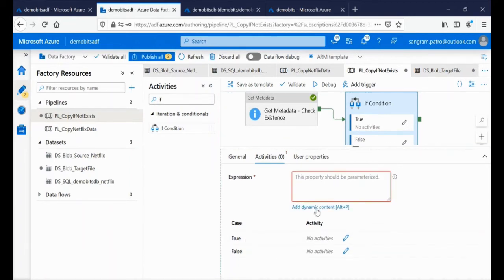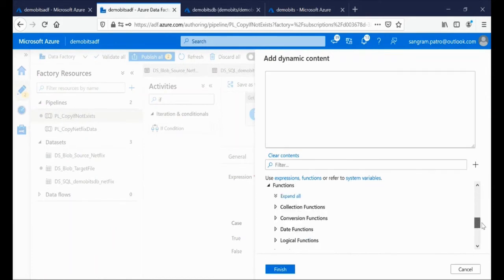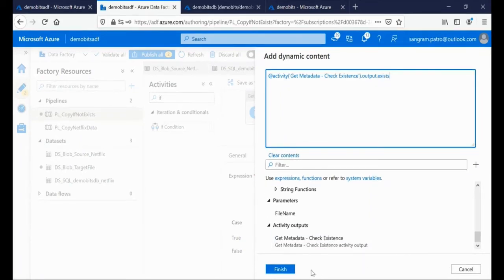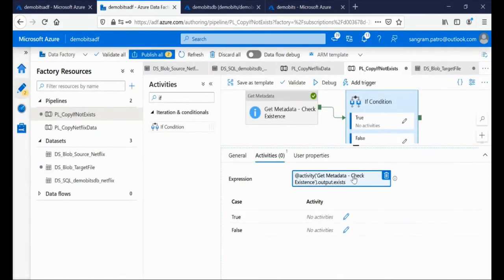So click on this and add dynamic content, and then scroll to the bottom. So this automatically formulated one part of the string, activity of the first activity dot output, and we know that the output has a property called exists. So click on OK. Okay, so this is set. So what does this mean?